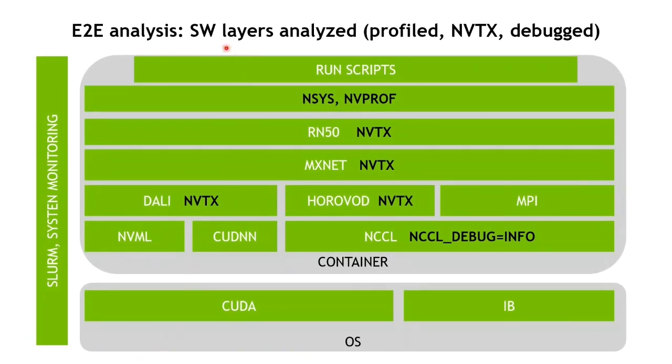From bottom to top, and from a software perspective, we start with the system software, which can be BIOS, drivers, host operating system. That is the first layer that one could think to optimize. Then we move up into the user application and software layers. In our configuration, we're choosing to run the application within a container. There we have a set of libraries